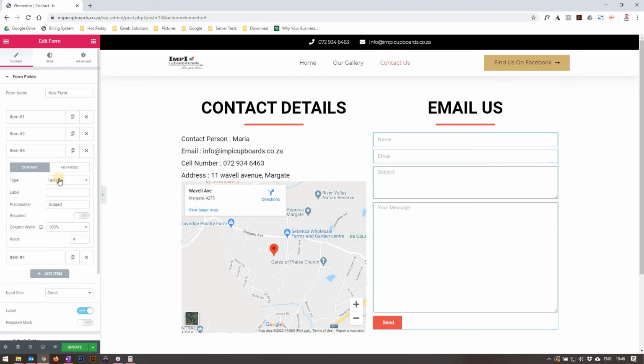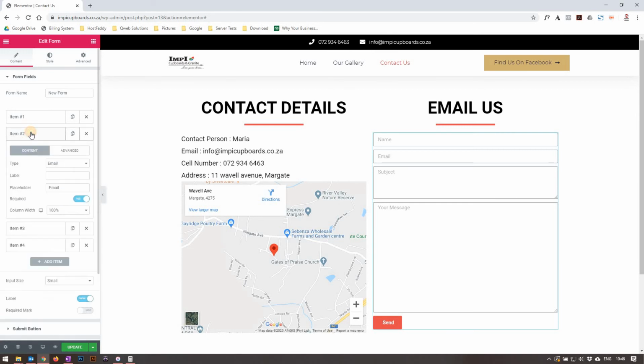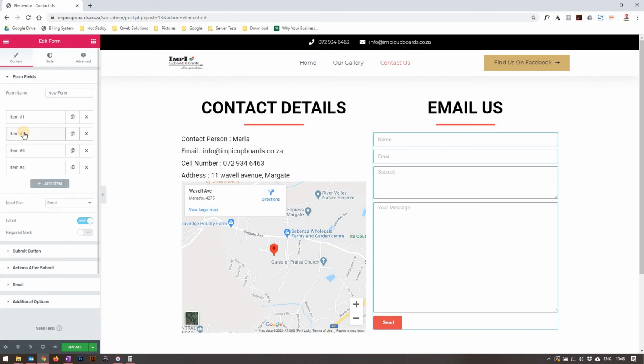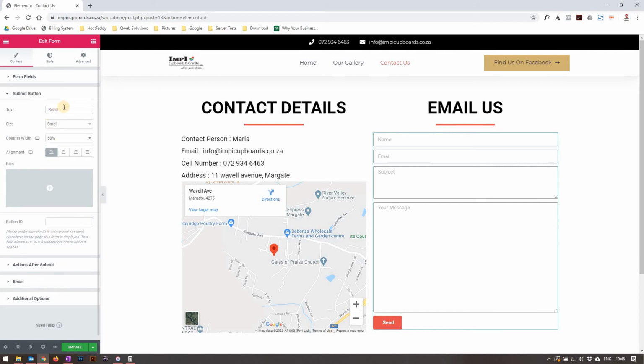As you can see, there is a type for each section. We have a text area which will be for text. If we go to the email one, you can see the type is set to email and so forth. Closing that, we have the submit button. Here we are able to change the text for the button,